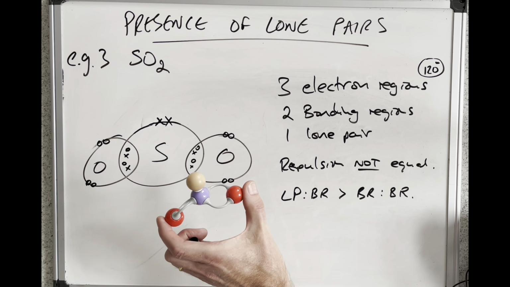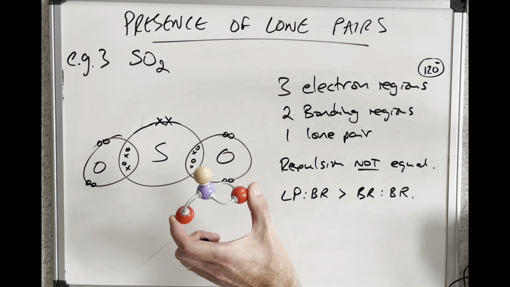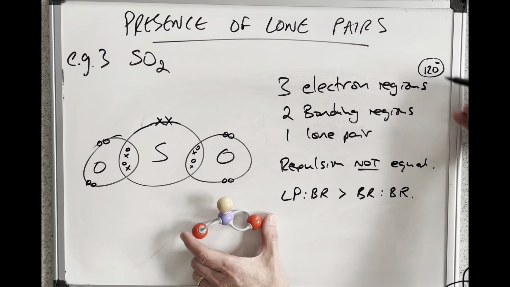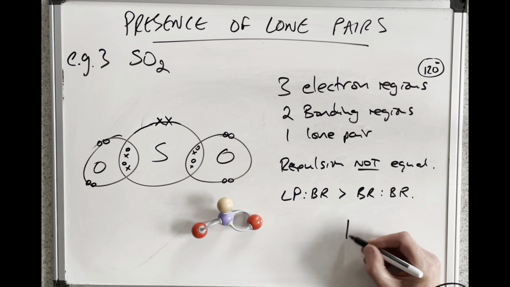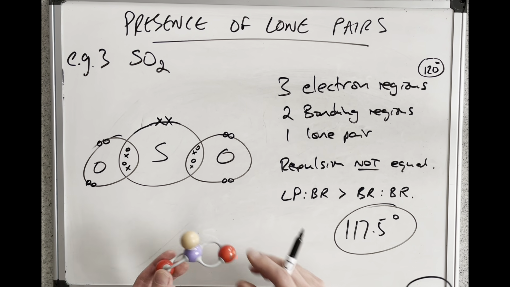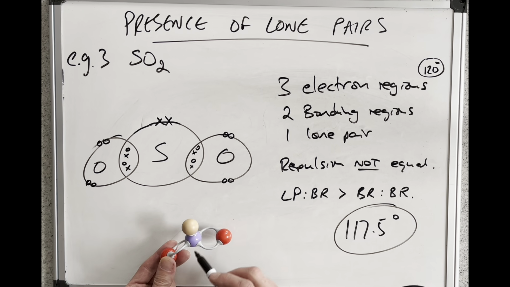So again, I'll just pick that up and squeeze it slightly closer together. So it's going to knock 2.5 degrees from that. So the angle is going to be 117.5 degrees. So in terms of shape now, well, it's based on a trigonal planar shape, but it won't be